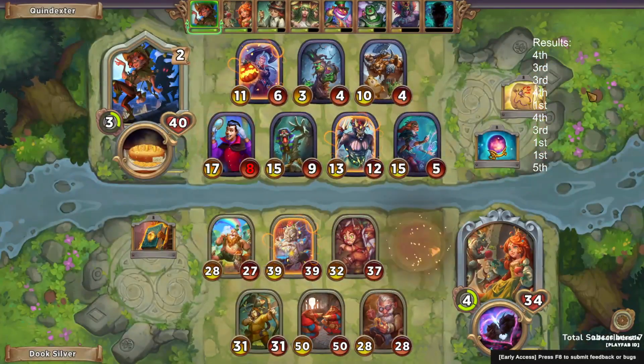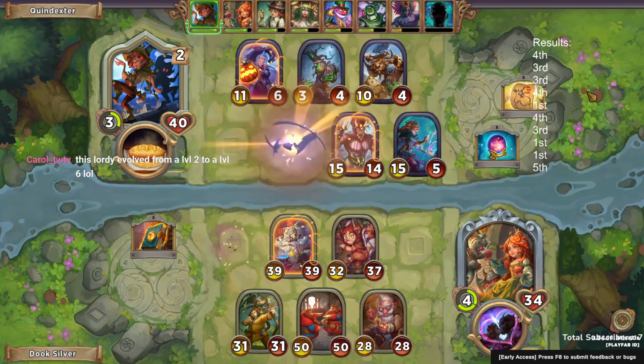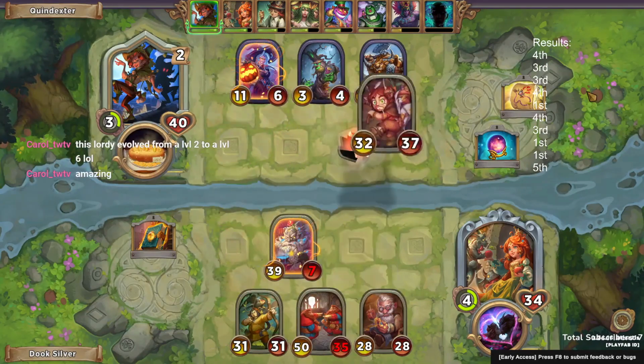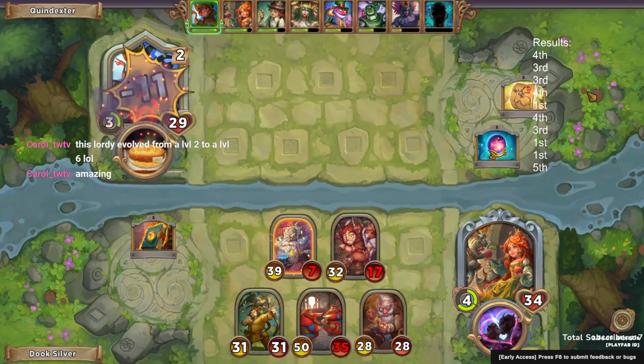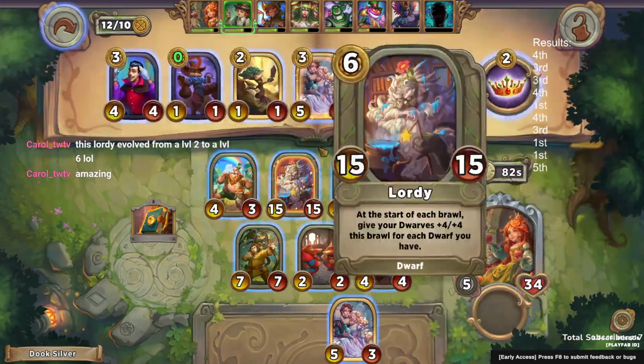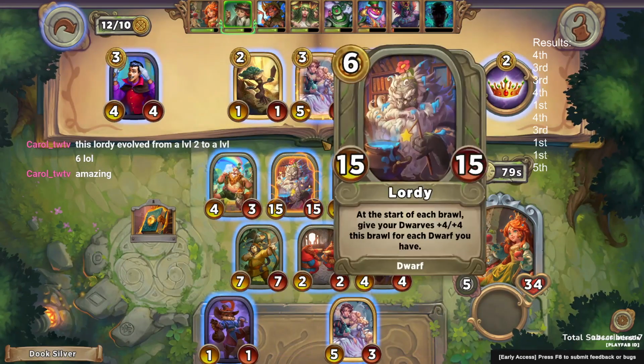Yeah, our board is going to be way larger than anyone else's at this point in the game. With a golden Lordy on 4.1, this is going to be way too many stats, and we're going to accelerate this lobby by quite